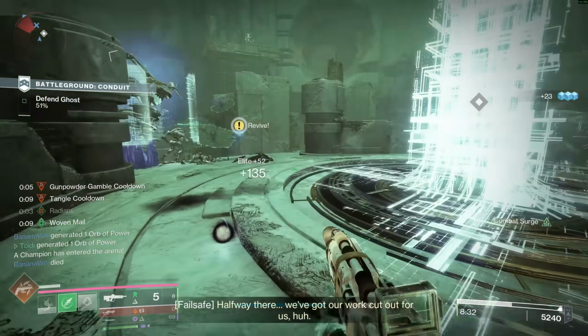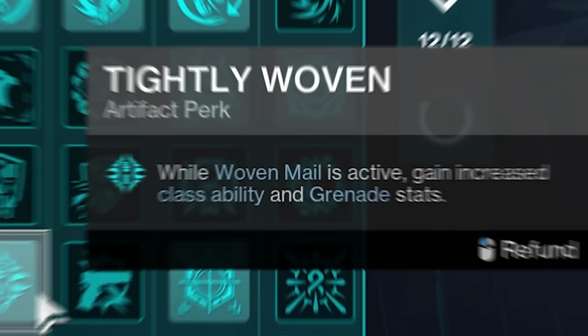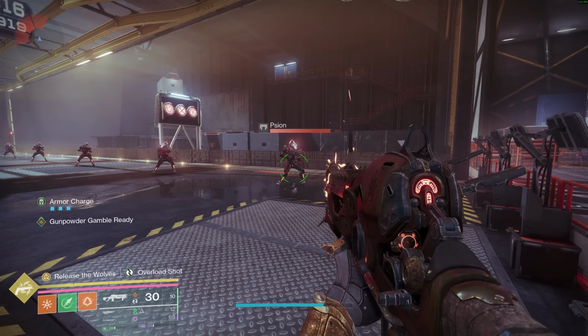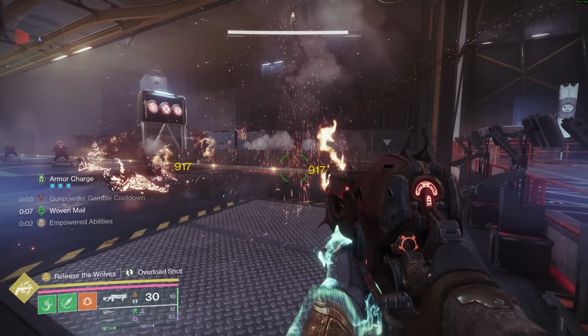And then finally, we have the artifact. Within there's actually a great amount of synergy with this build. The first thing that comes up is Tightly Woven. This artifact perk will give us plus 20 grenade and class stat whenever we throw our grenade, because whenever we throw a grenade, we get Woven Mail. That means just by throwing our grenade, we're increasing grenade damage. And plus 20 stat in game looks like a damage increase of about 10.6%, letting our Gunpowder Gamble deal 917